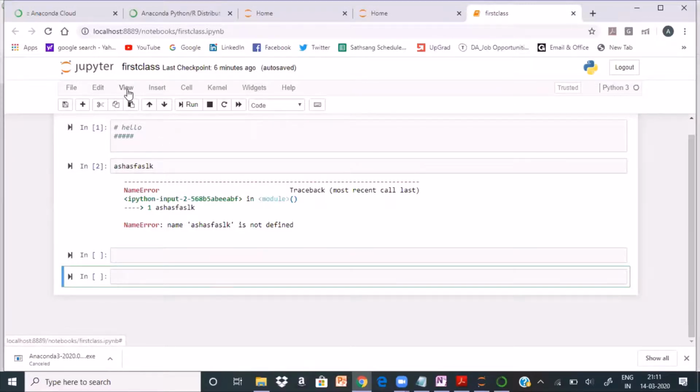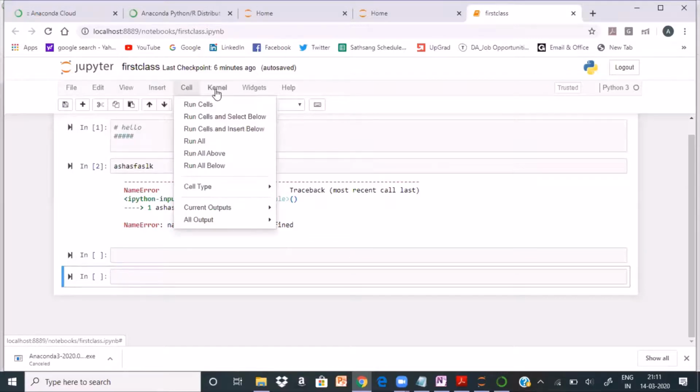If you look at the kernel, cell menu, here you see run cells, run cells and select below, run cells and insert another cell below, run all, run all above, run all below. These are the options that you will be using if you want to run multiple cells in one shot.